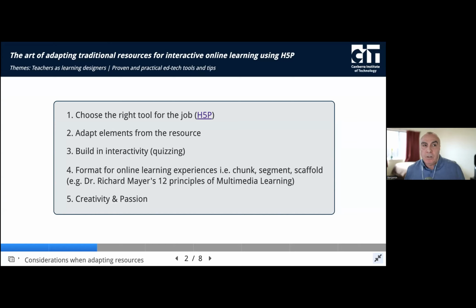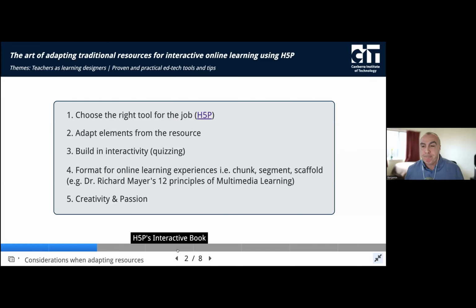And finally, I've included creativity and passion, and I think this goes without saying, but I think it's worth saying. As teachers, we need to be creative, and we are, and passionate about our work. So for me, creating and designing learning involves doing a lot of creative thinking in new ways and adapting to make things work. Ultimately, it makes for a better experience and hopefully outcomes for our students. I'm a teacher, but I have transitioned into EdTech and design. So I'm hoping, through my presentation, you can get a bit of a feel for how you can improve your